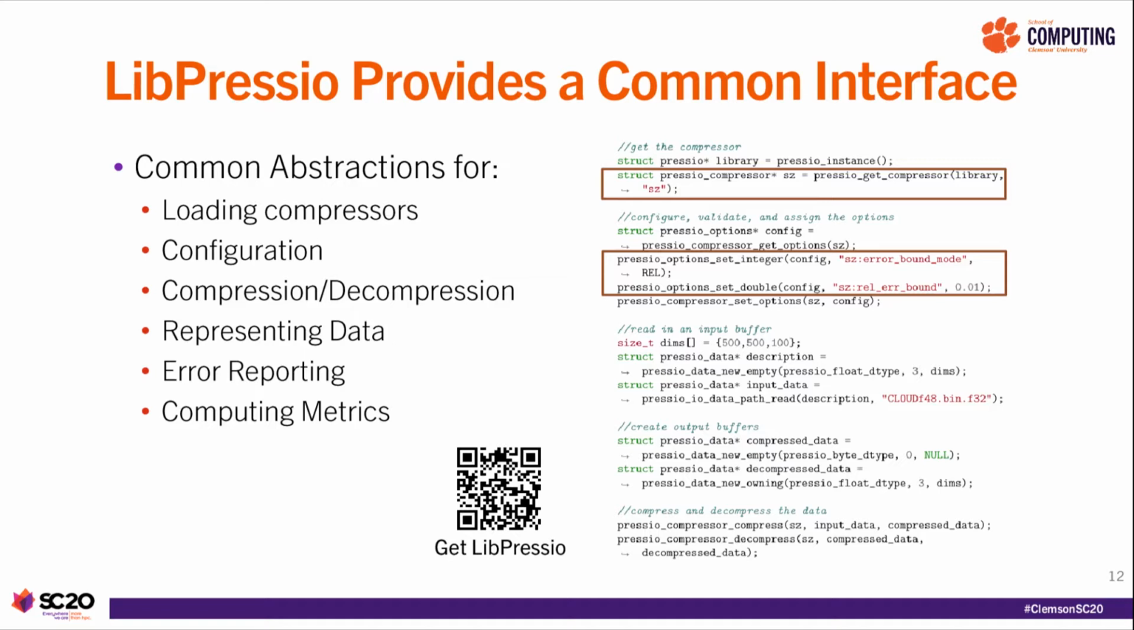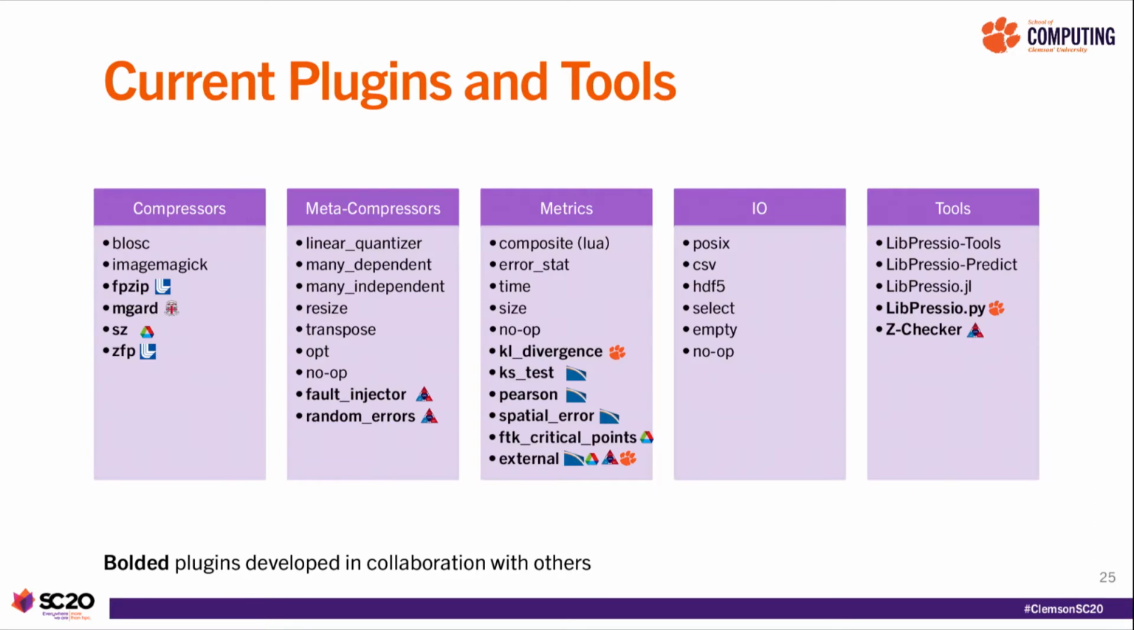And as you can see, it's relatively simple to use. The code on the right represents everything that you need in order to run a compressor. And the sections highlighted in boxes in red represent the things that you have to change if you wanted to adapt to a different compressor. To this end, LibPressio already supports a wide array of compressors, metacompressors, metrics, I/O modules, and tools used by a